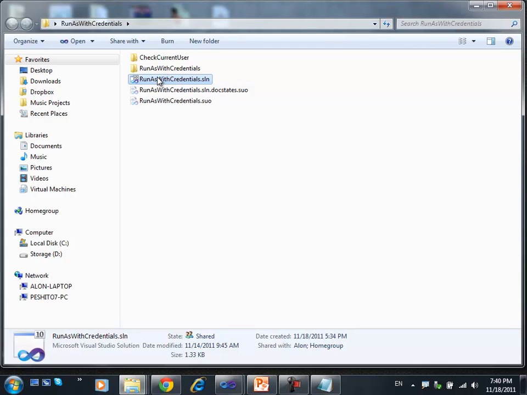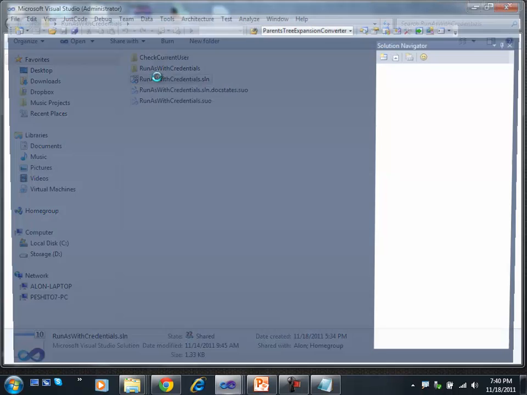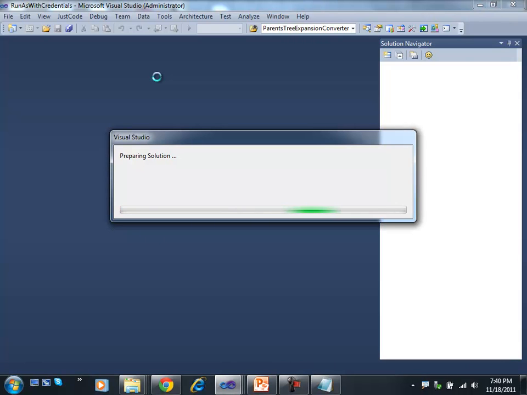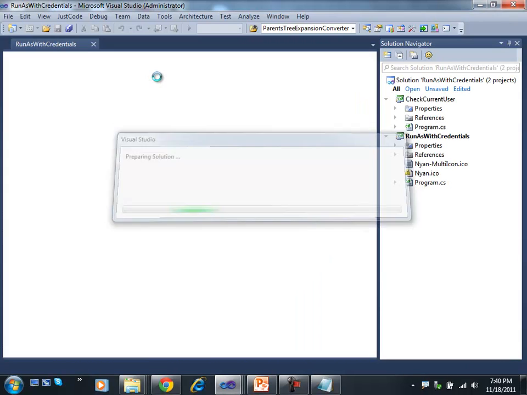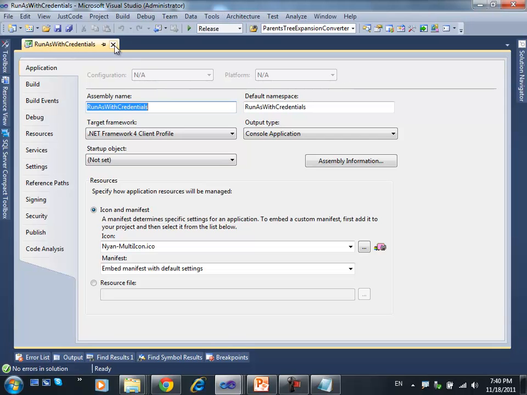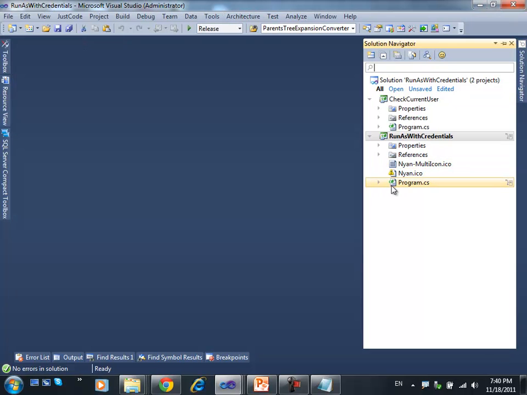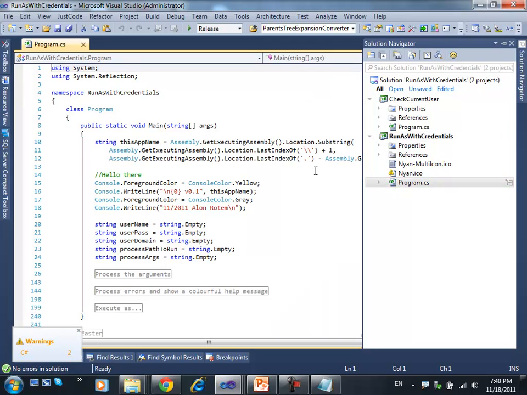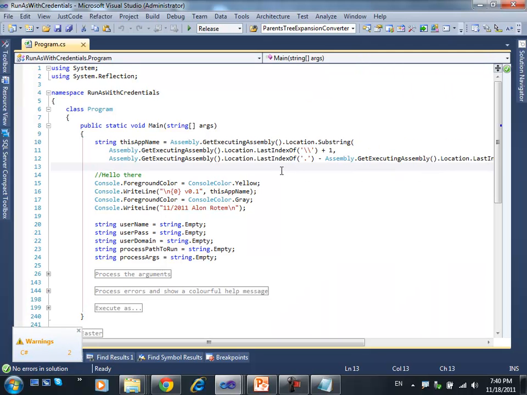The last sample I'll show you is just a small application. Actually, I built it here in order to run a process in the system as a different user. We won't get into the details of this. This application checks and analyzes command line arguments. So